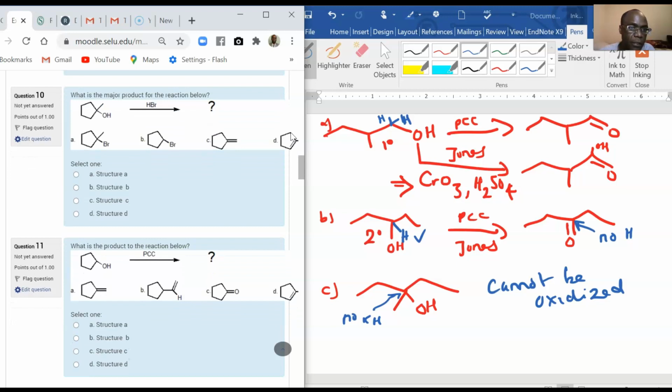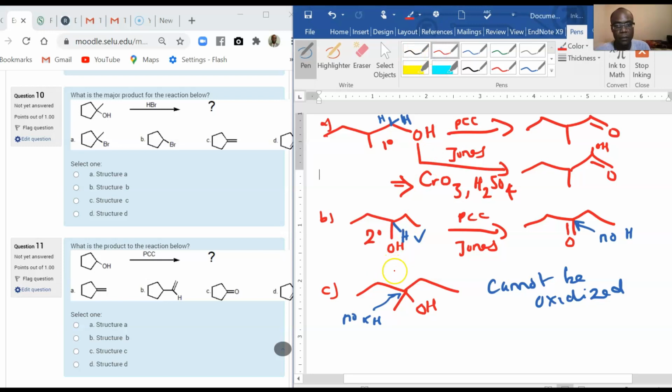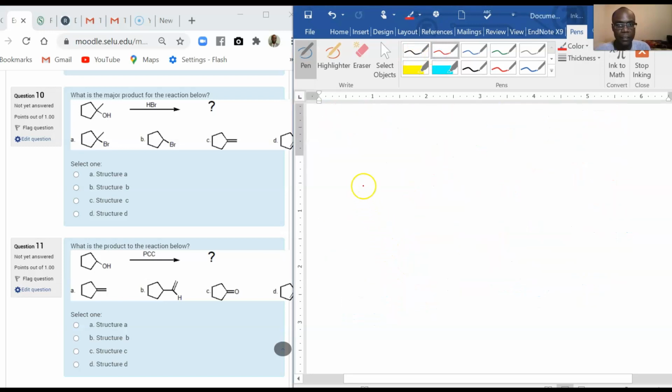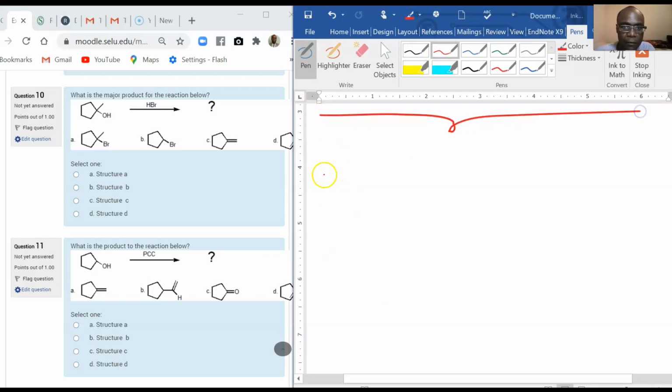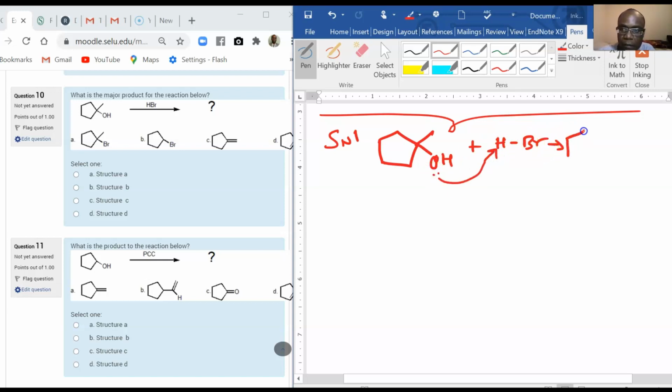What is the major product of the reaction below? That's an SN1 reaction. Again, you're reacting an alcohol with an acid, so you think SN1. Okay, so is OH a good leaving group? The answer is no. So how do we make it a good leaving group? You protonate it with the acid so that it can now leave us water rather than leaving us OH minus,